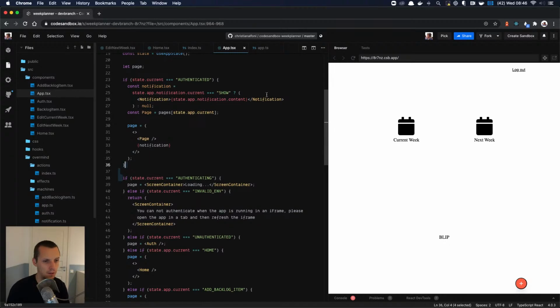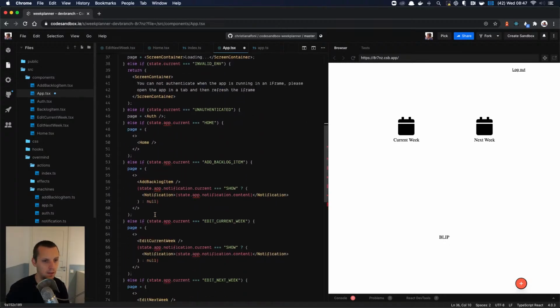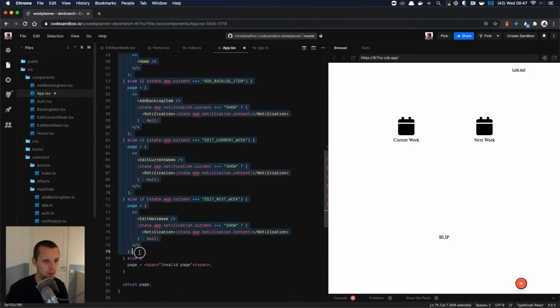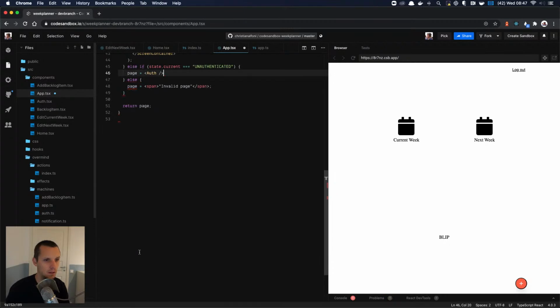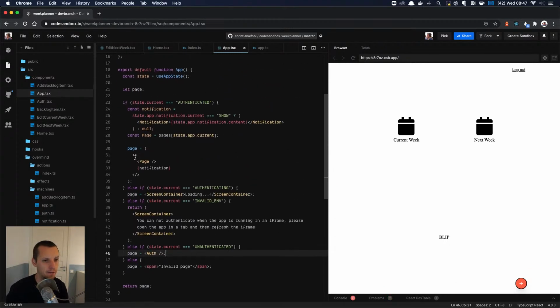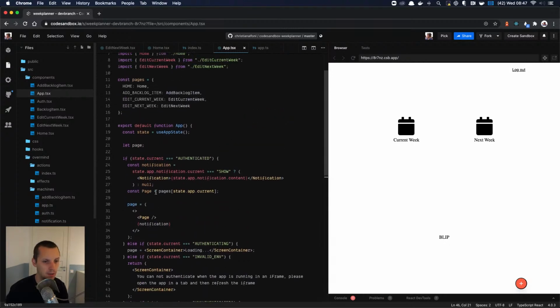So if we are authenticating, or unauthenticated, then we can remove all of this stuff. There we go. So this is how we deal with authenticated. We go and grab the current page we're on.